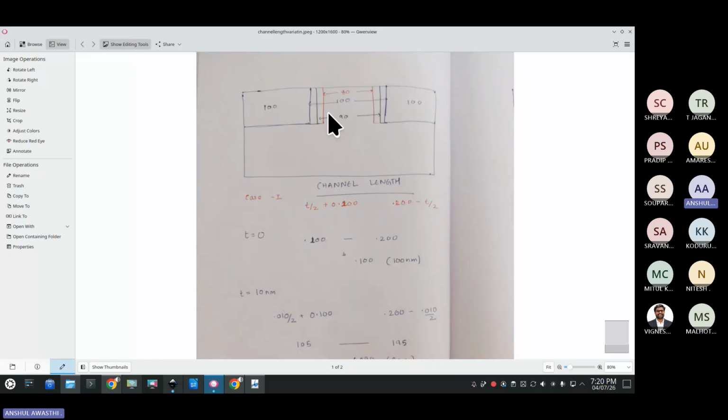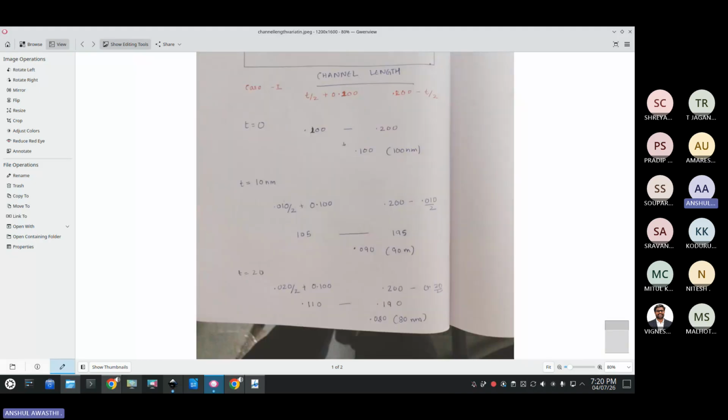I have depicted here in the figure also: when the channel length is 100, clearly the source will start from 100 and the drain here also 100. If channel length is 90, it will start from 105. Here it will start from 190. If so, how to encode it? That I will show you. Similarly,